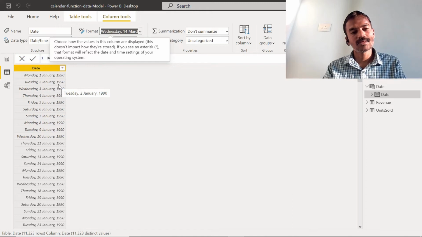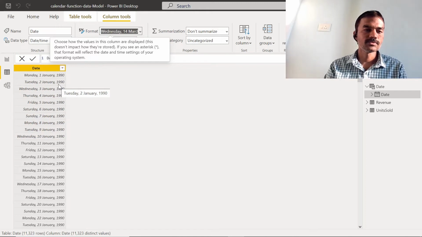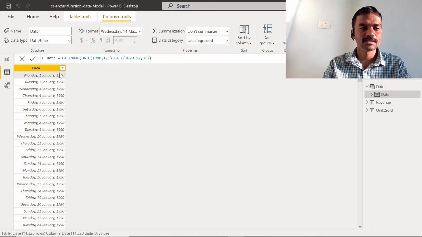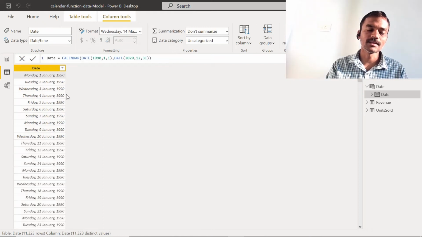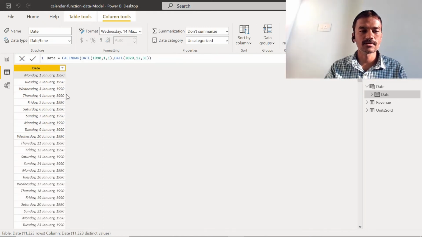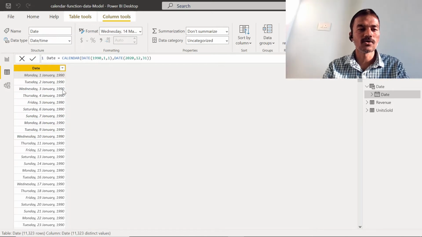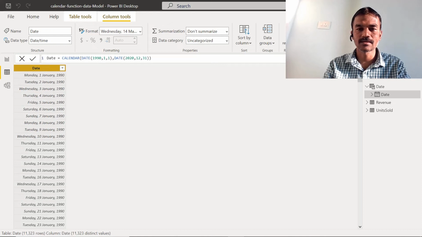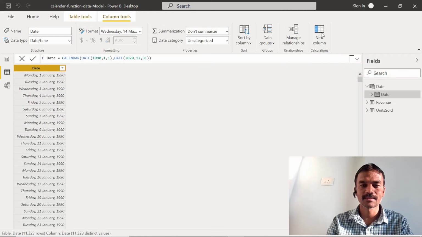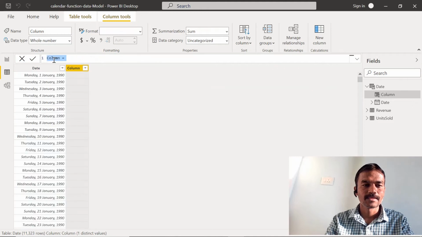The other thing I want to show you is that when we create this date, we can create other columns which give us the quarter, month or just the year out of this date. So how to do that? Just create a new column here, and we can mention this is a quarter.